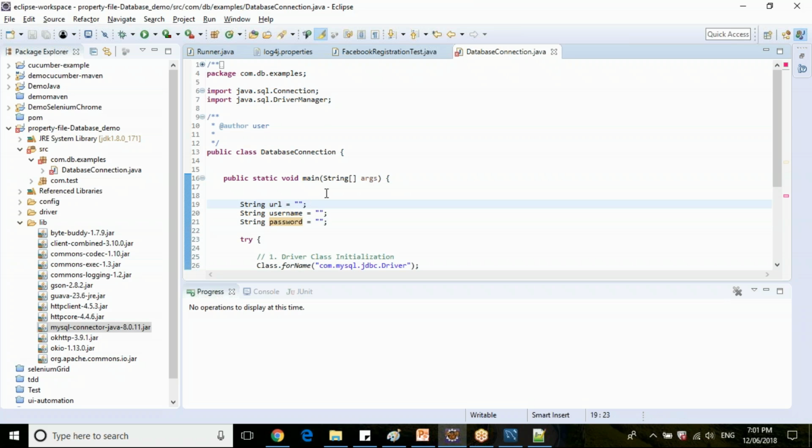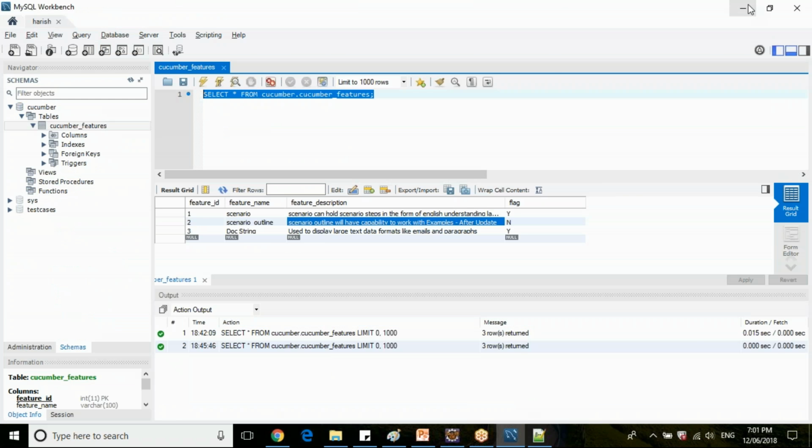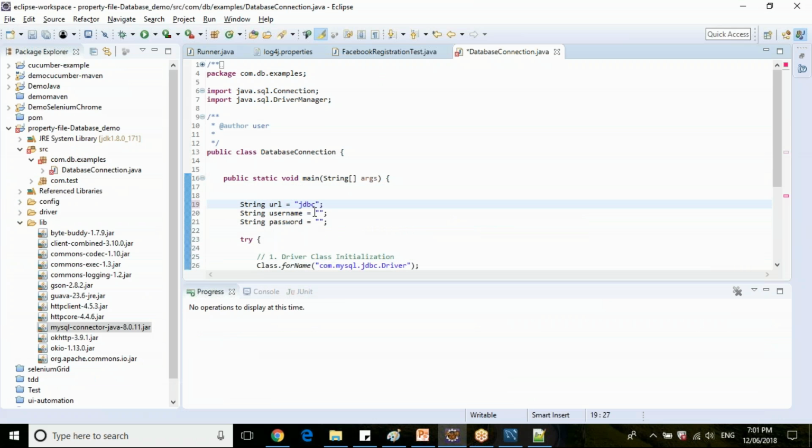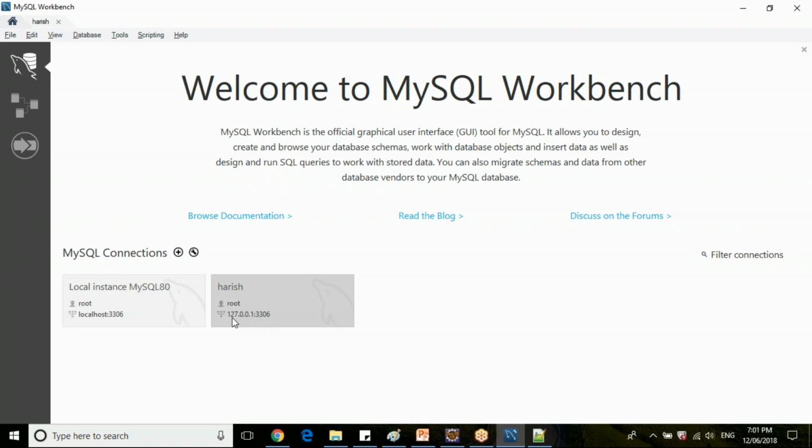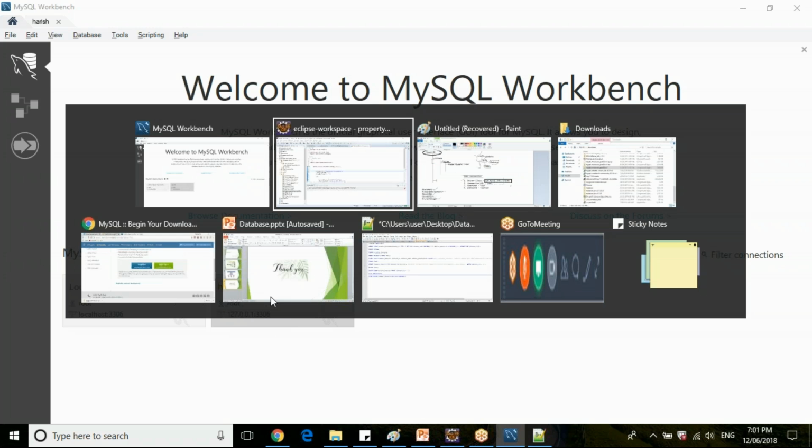Since I have installed this MySQL server on my local system, I'll just give localhost. 127.0.0.1 is nothing but your localhost, and 3306 is the port where my MySQL server is running.